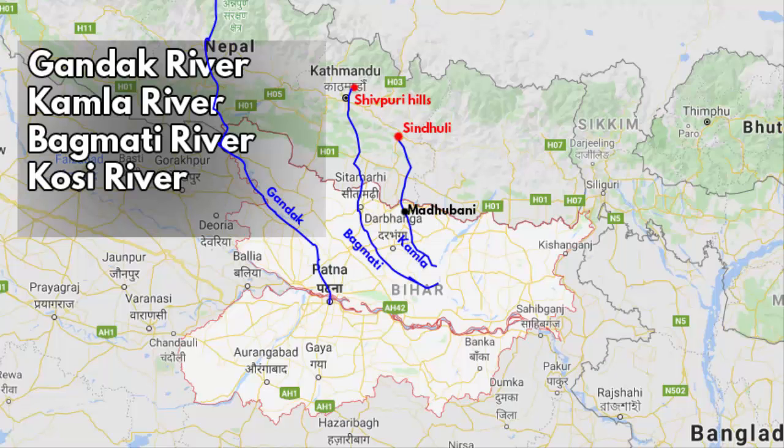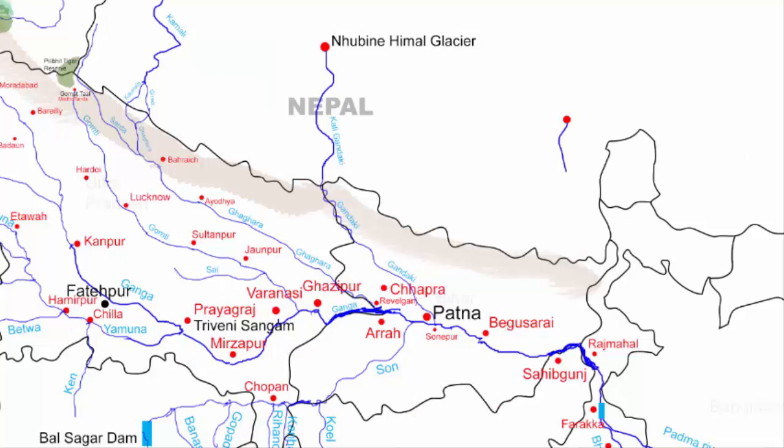The fourth river is Kosi. I'm going to copy the explanation from one of my old videos just to make you understand from where the river originates and how it flows into the state of Bihar. It originates in southern Tibet and the northern Nepal border. That means it is a transboundary river. Kosi River is part of the Arun River. It flows through the entire breadth of Nepal and enters India through the state of Bihar. After entering Bihar, if you see, it makes a long curve before joining the river Ganga at Kursela of Katihar